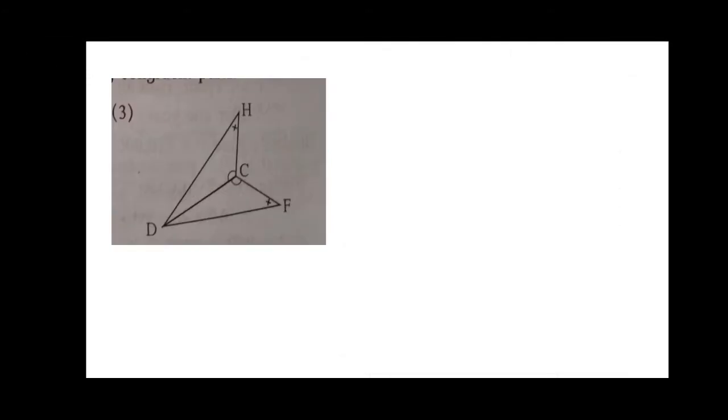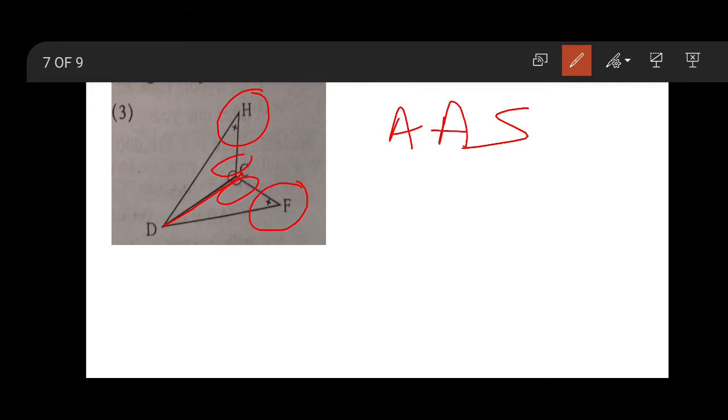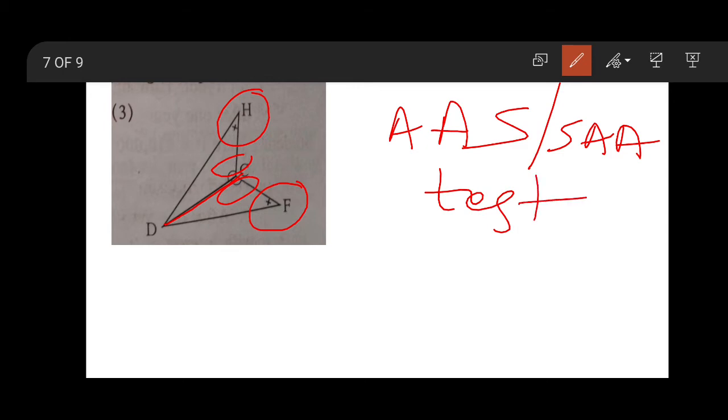Now the third one. You can see here again two triangles are joined with a common side. So we got a side first, means S. Then identical marks. This cross mark is marked and matches with this. So this is angle again here and this. Again the angles are common. It means angle side test, or you can write side angle test. So based on this test, these two triangles are congruent.